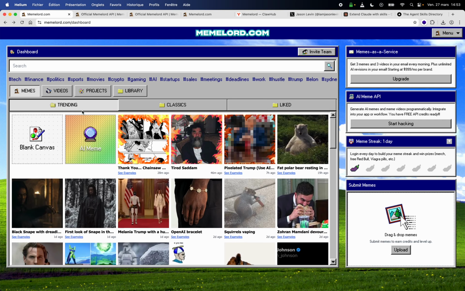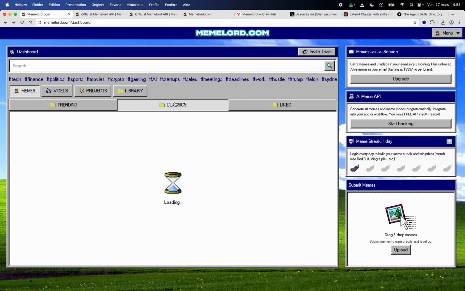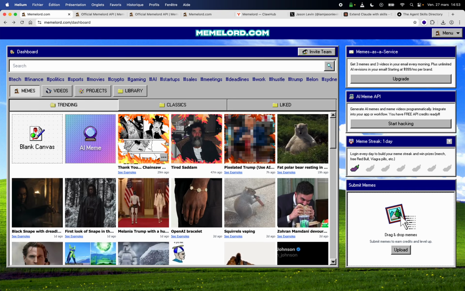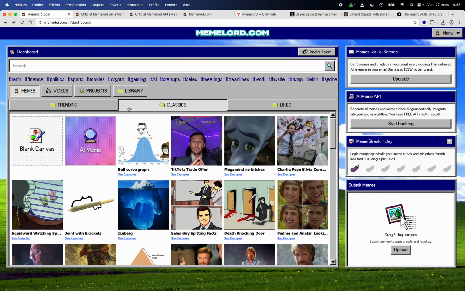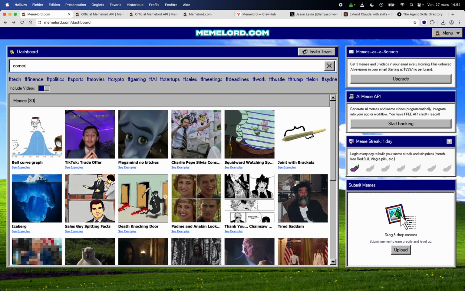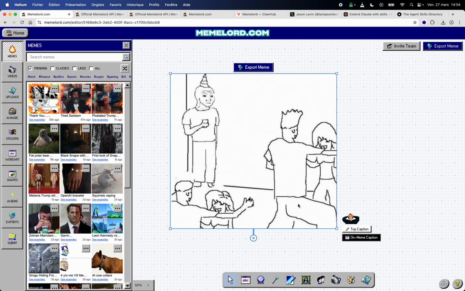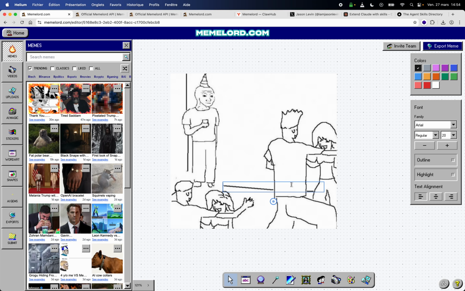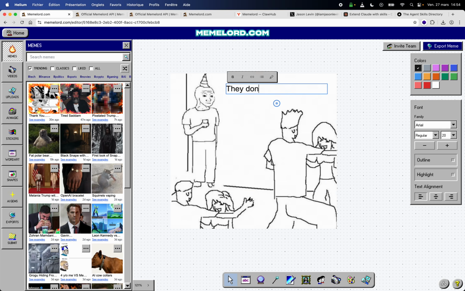So let's start. So basically when you sign up to Memelord, you get access to this dashboard, and you see trending memes, classic memes, and so on and so forth. And basically I'm going to start with trying to make some meme about a way to take the template guy in the corner of a party, and I'm going to add some text. Let's say I'm going to say, they don't... come on. We don't see anything. They don't know